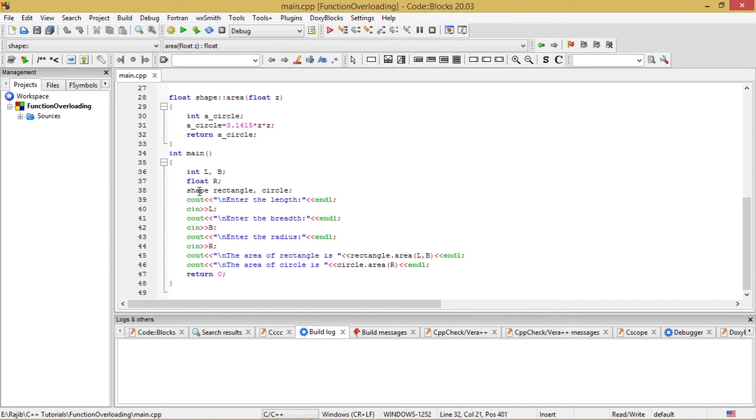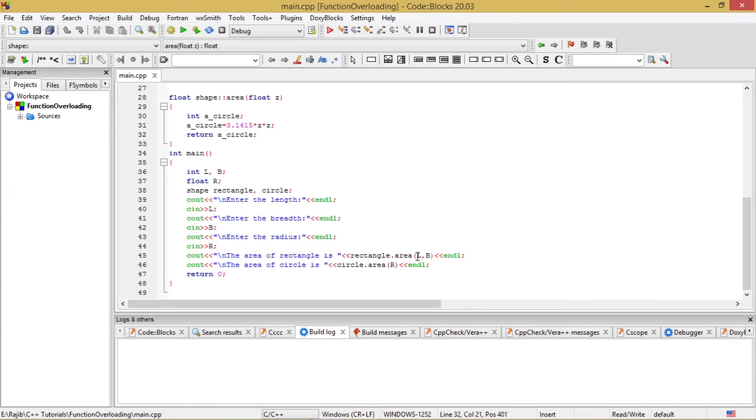After that I have written cout enter the length, then supplied the length from the keyboard by means of the statement cin extraction operator l. Similarly, input of breadth has been taken from the standard input device, cin extraction operator b. cout enter the radius, taken the radius in a similar manner, and after that I have written this line: cout the area of rectangle is rectangle.area(l, b) with l comma b as the actual arguments.